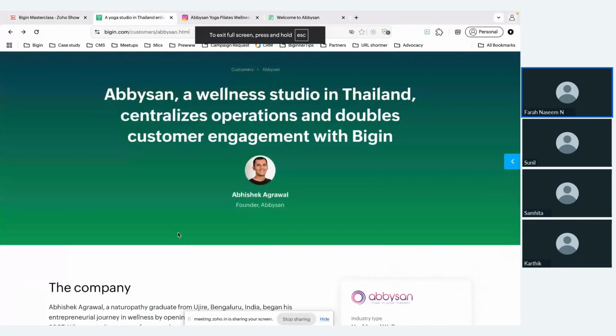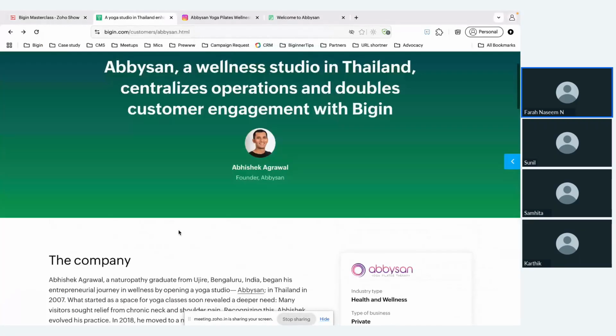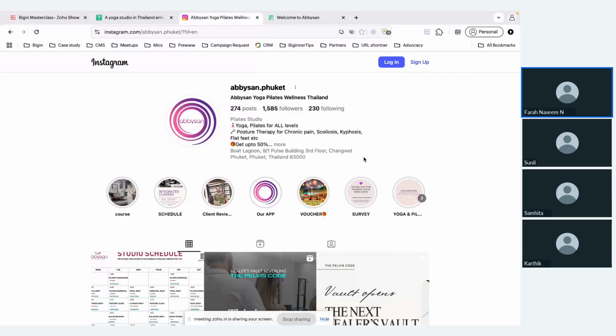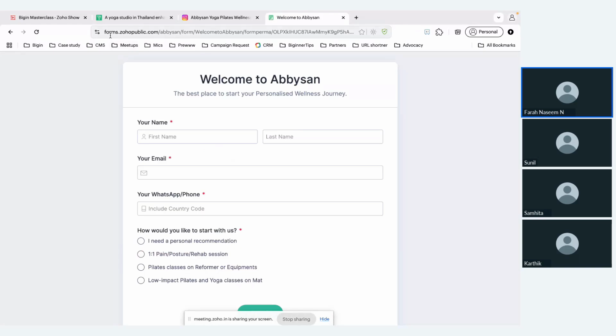So this is the case study of the customer. This is their Instagram account. And from here, I've taken their form. As you can see, they are using the forms. And